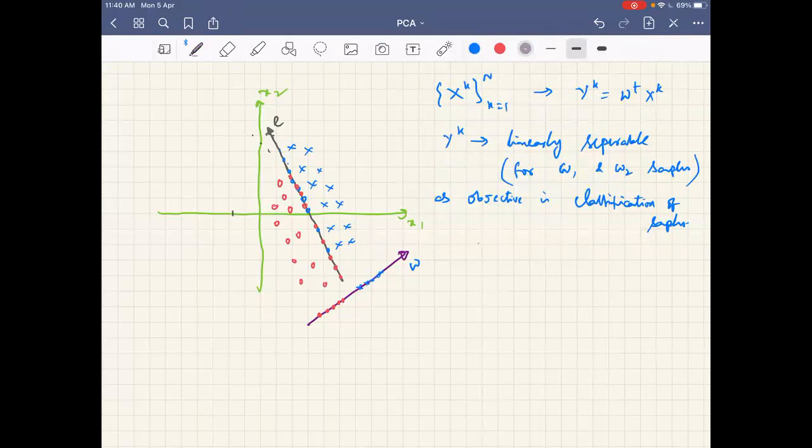Okay, so let me see. I am interested in classification. So what should I do first? I should first separate the class 1, class 2 samples. Okay, then only I can speak about developing a direction, or finding out a direction, which will separate the class 1 and class 2 samples better.